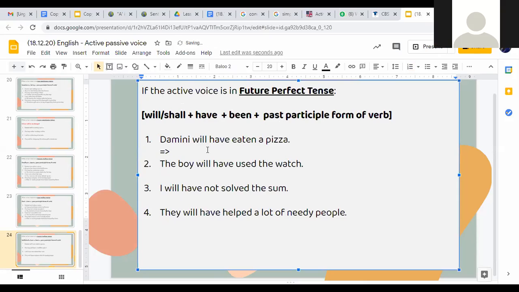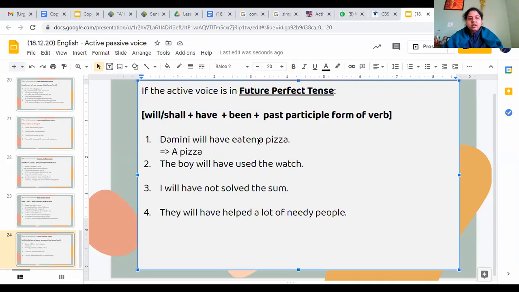Did you ever add have? हाँ, you will follow this whole thing. So इस case में क्या हो जाएगा? I'll do the first one for you. Aditya sent the answer. Pizza will object आ जाएगा, have been eaten by Damini. Exactly. Really confusing, right? Sounds really confusing, but that's how it will be.